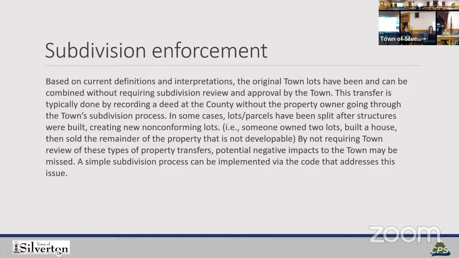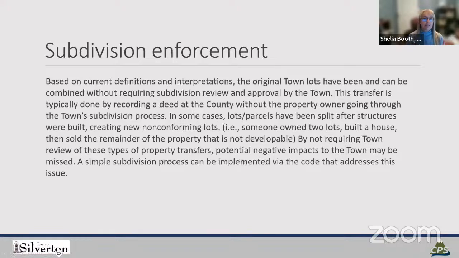Right now, you wouldn't be able to build on that, unless it was... I heard, and I could be wrong, but Lucy, correct me if I'm wrong, if you combine those three 25 by 100 lots, it's now considered one parcel per the assessor. Therefore, if they come in for a building permit, we look at it as one lot.